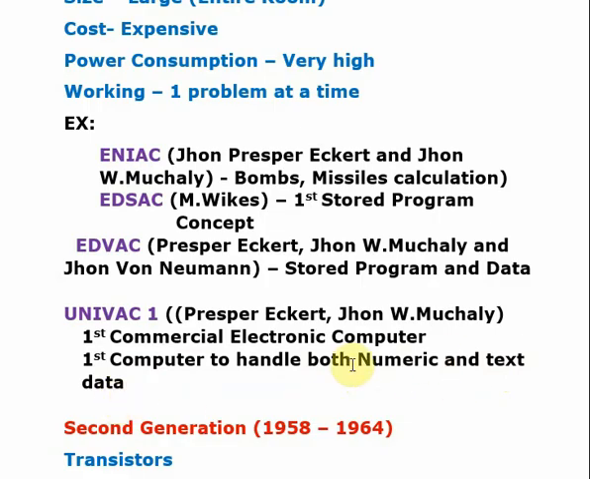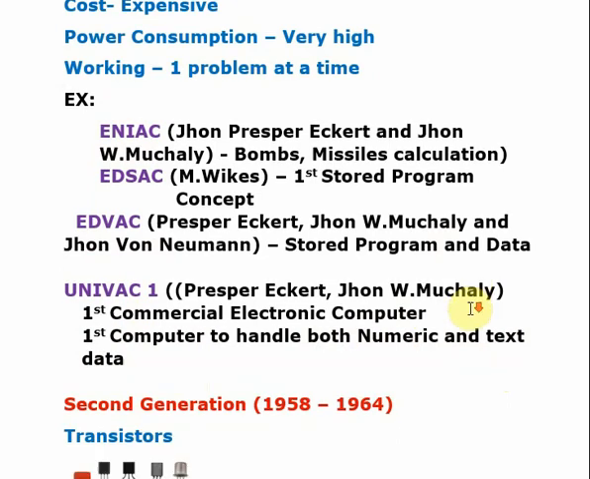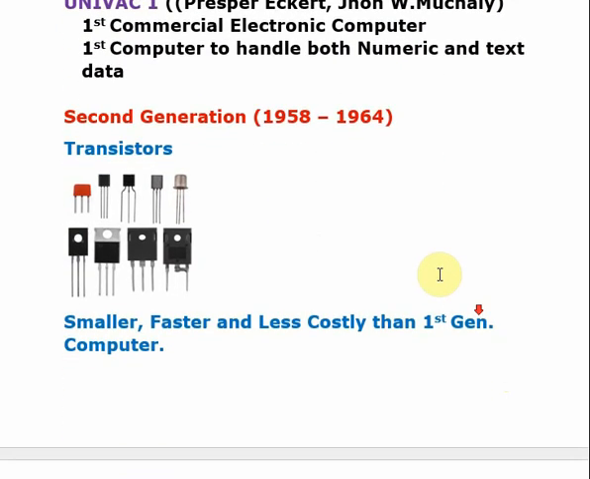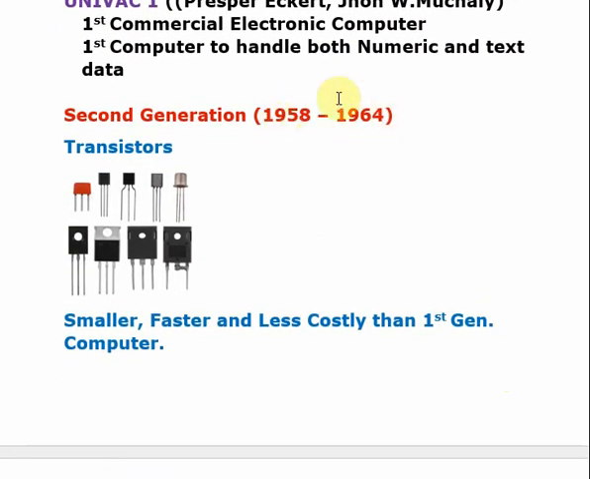Calculators mean only numbers, no? He actually first introduced numeric and text data, UNIVAC 1. All these are introduced under the first generation. Then the second generation, roughly you can remember the year, but this you need to identify clearly. You should be able to link this picture with the second generation. Transistors: compared to the first generation, smaller, faster and less costly than first generation computers,